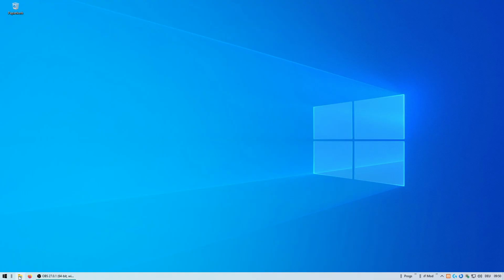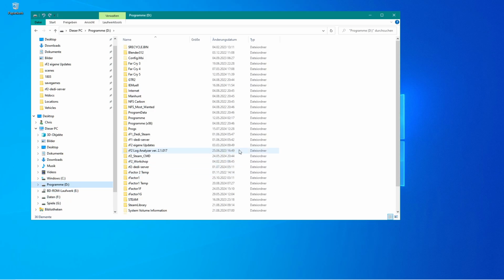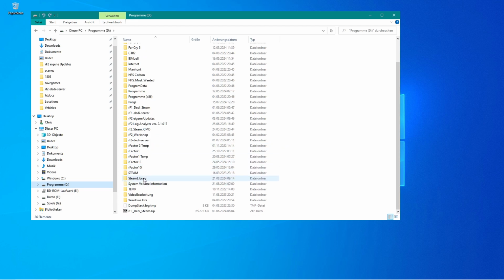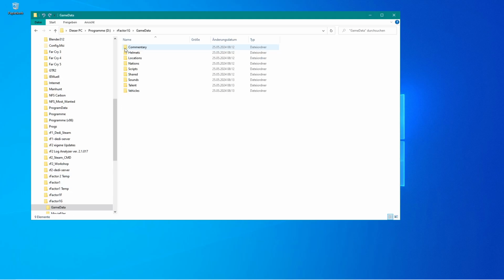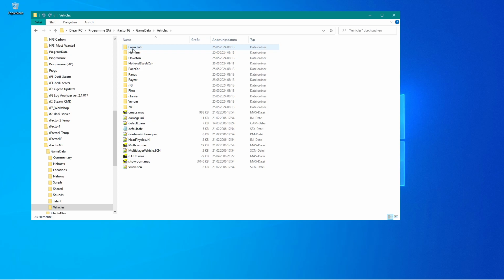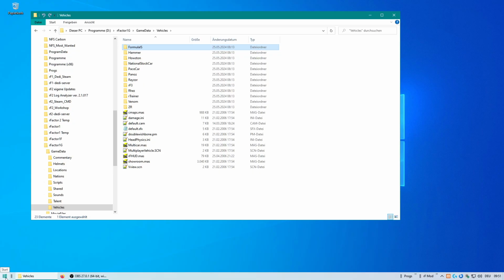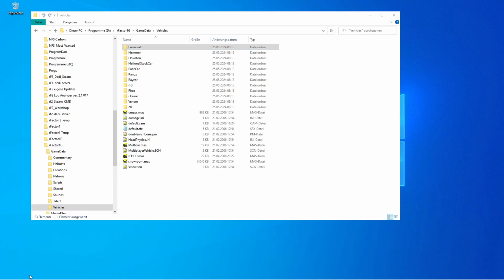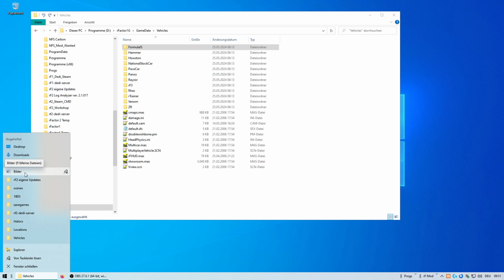Okay, at first we of course need the rFactor 1 mod, and I will use the FormulaIS from Easy from the G version. That is this one here, FormulaIS. And I will copy the whole folder from rFactor 1, from the rFactor 1 installation, and then I open the